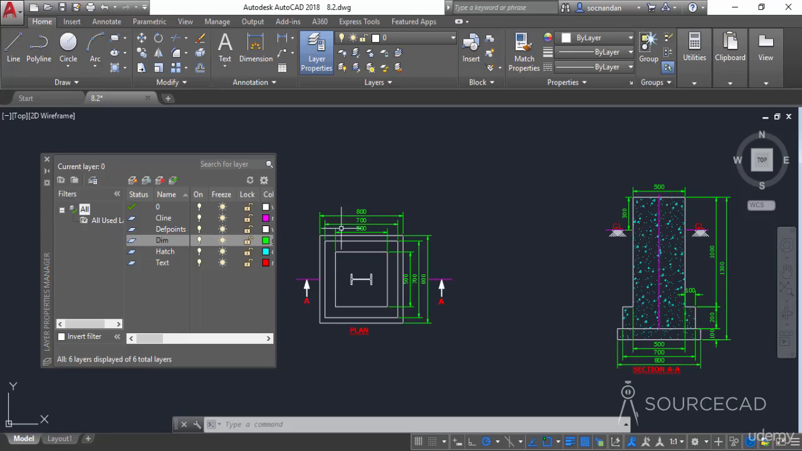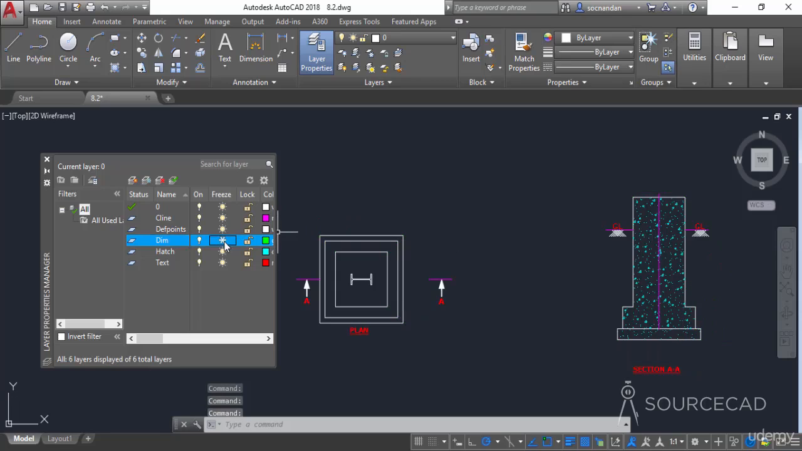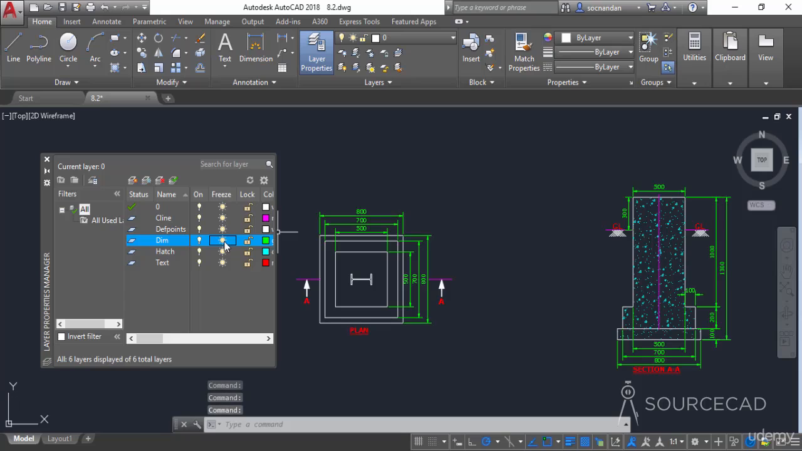Similarly, you can freeze any of these layers. So here we have an option of freezing the layers. So when you click on this freeze icon, it will freeze it, and you can click on it again to thaw it or bring it back. So visibly, on and off and freeze, thaw have same effect on the drawings, but when you freeze your drawing,